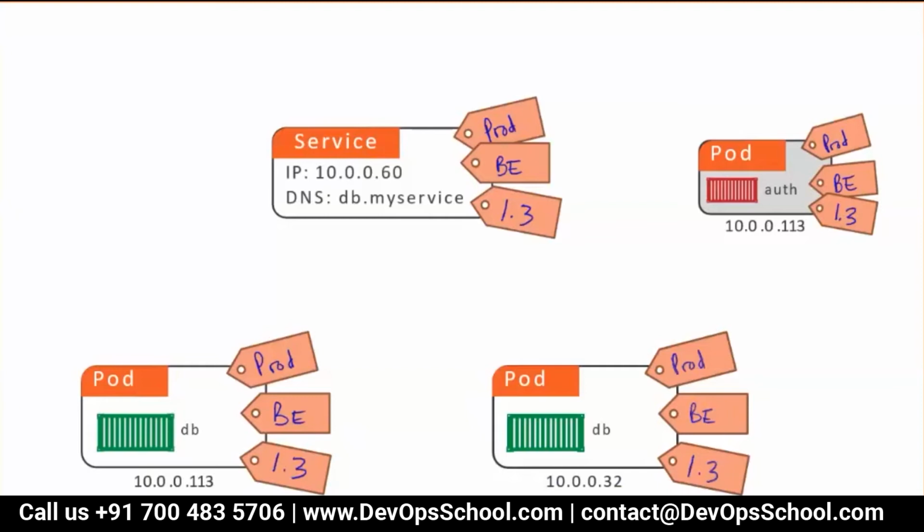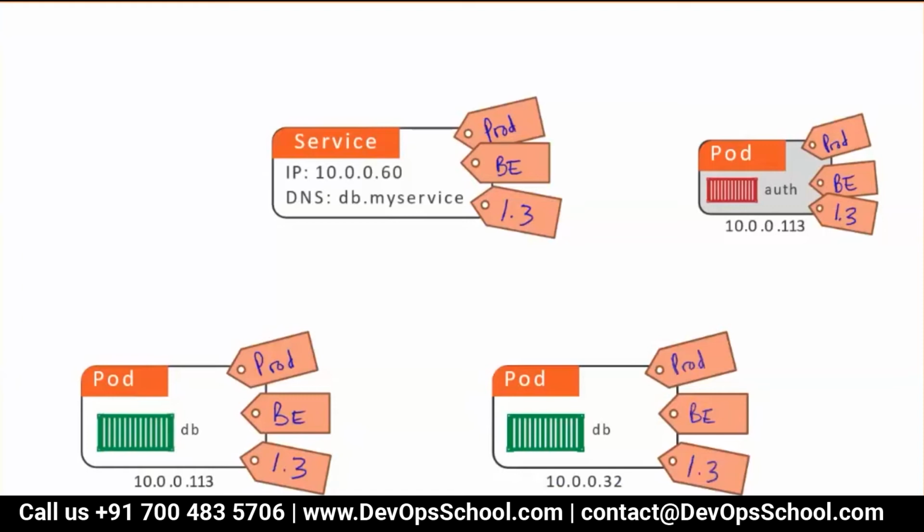So here, name is not a label, mind it. Let's say my name is Rajesh Kumar, but you can call me Rajesh also, you can call me Raj also, you can call me trainer also, you can call me DevOps guy also. So anything you can call me, whatever you like, but my name is Rajesh Kumar. Same way, every object in Kubernetes, whatever you create, you can name it, but you can also label it, and you can label it as many times as you want.